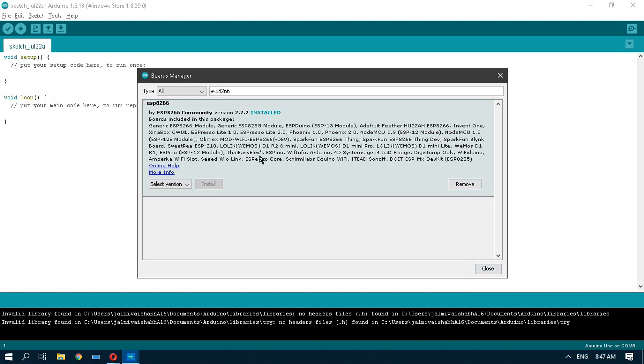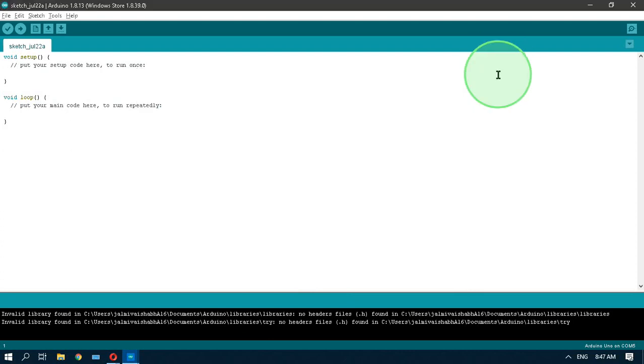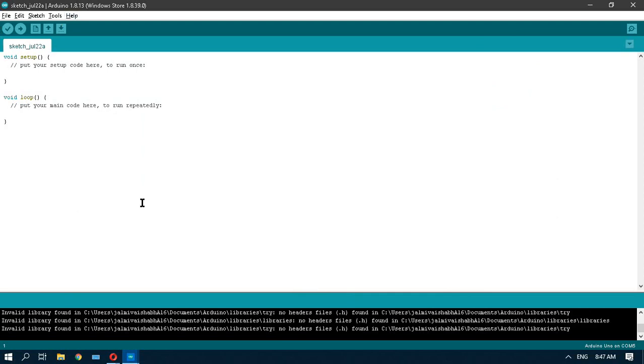I have already installed this library on my desktop. But you have to install it, and for that an internet connection is required. After installing this, you are done and you have successfully installed your NodeMCU board, and you can start your first